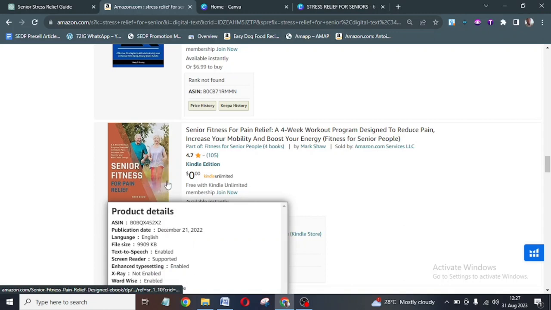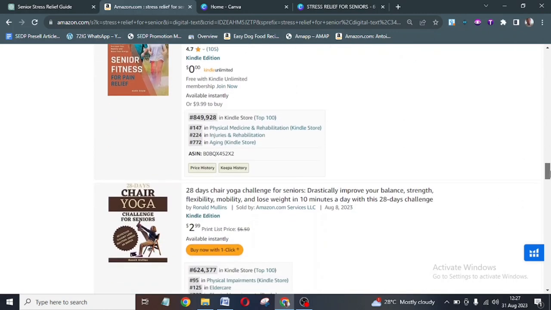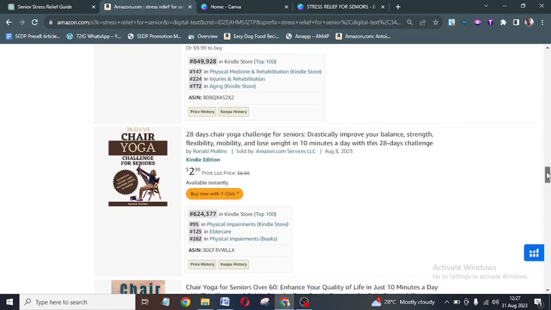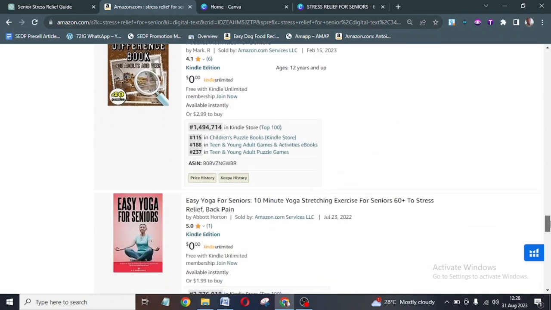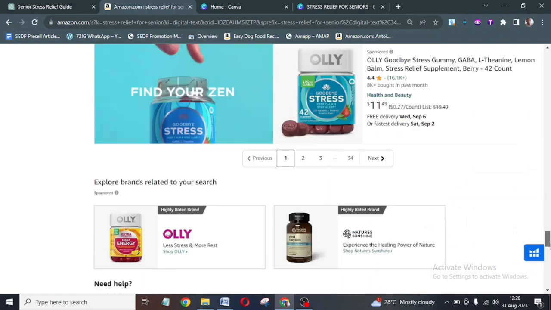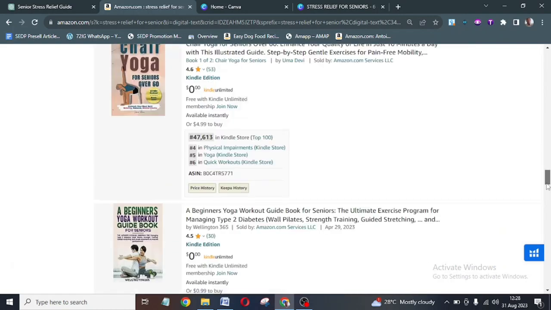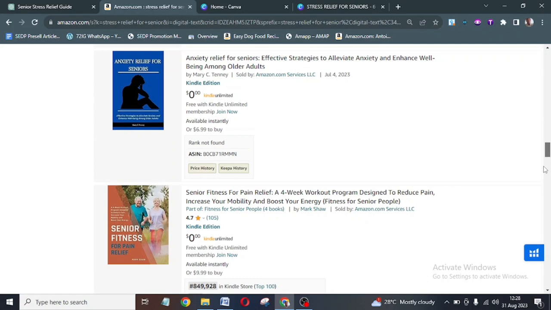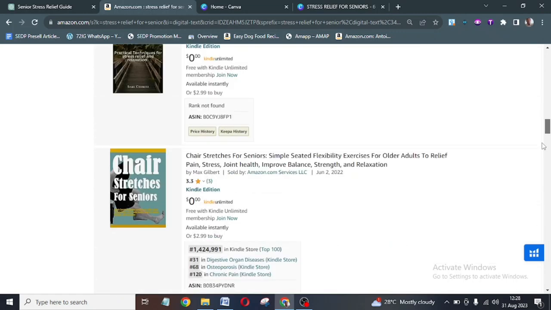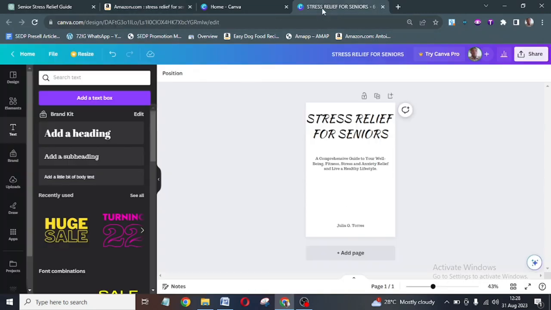You can see this one, senior fitness for pain relief, Easy yoga for senior. You can see this one has a picture, and it is a picture of other people that are running. So if you want to have a picture, maybe you want to add pictures to your own too. You can go over to